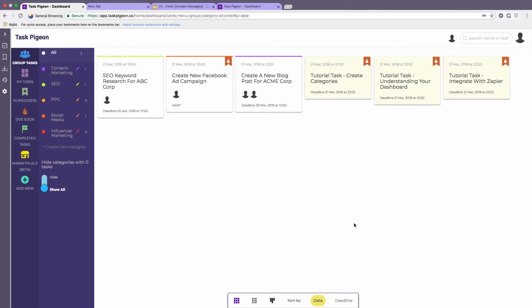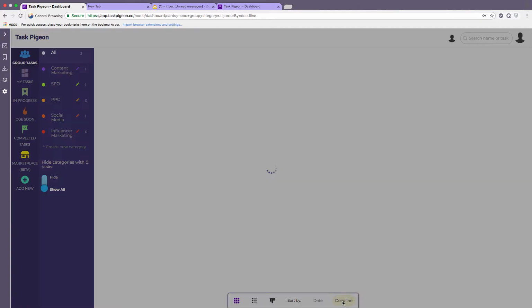The other way of filtering and viewing your tasks is to sort them differently. By default, they're sorted by date, which essentially means the date that they were created. That means the newest task will appear first. That's the way I prefer to view my tasks. I like seeing what I've created most recently, keeps things fresh in my mind, but you can switch between date